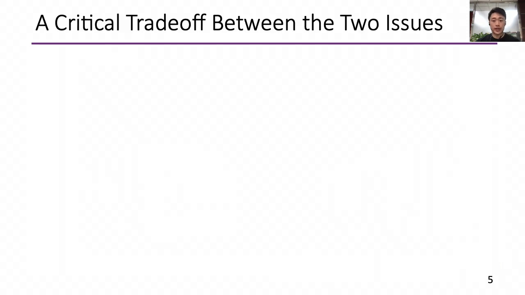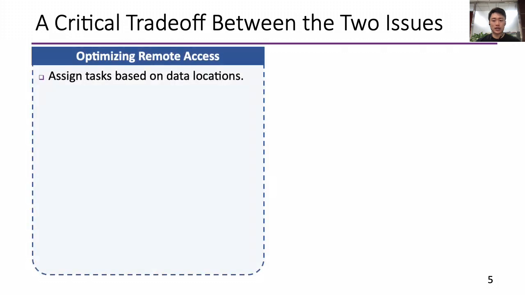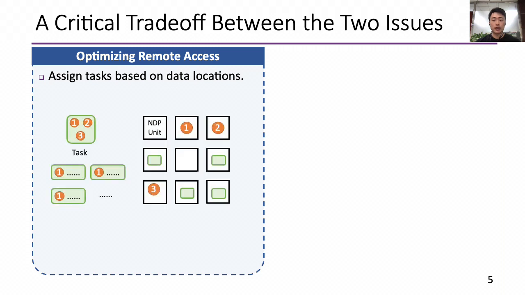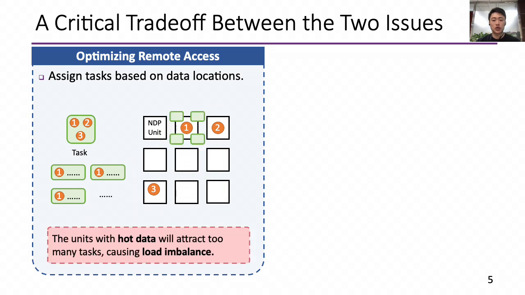What's worse, there exists a fundamental trade-off between the two issues. To reduce remote access cost, we should assign tasks based on data locations. In the figure, many tasks need to access data 1, which means data 1 is hot data. Assigning tasks based on data locations will schedule too many tasks to or near that unit, creating a new hotspot